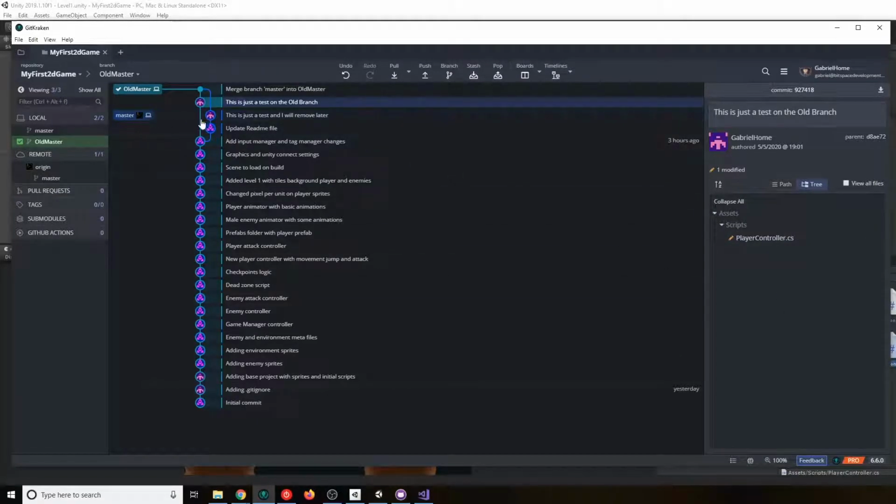That's why those two branches still look like they don't exist together, or like those changes don't exist in master. So when you merge, you are just putting the changes from one branch into the other one, but it's not that both are going to stay the same. So in the case that I wanted to have all my changes that I made on the old branch go back into the master, I will have to do the merge the other way.